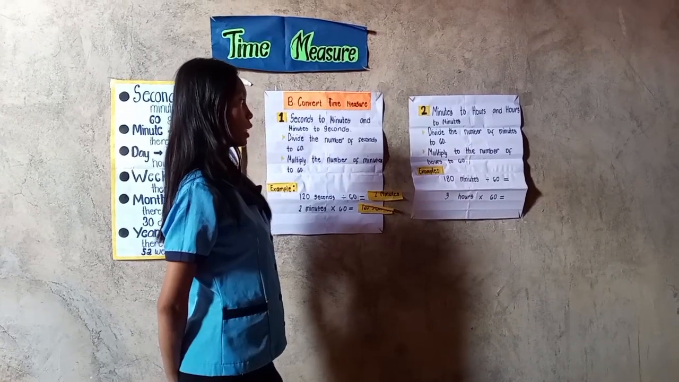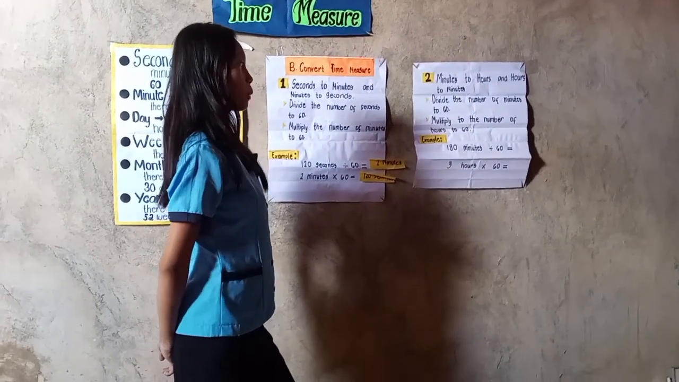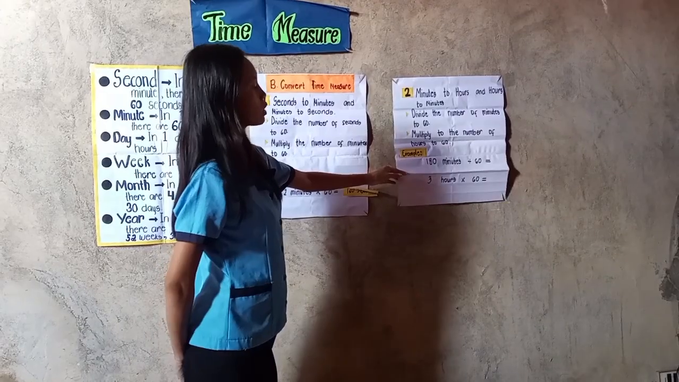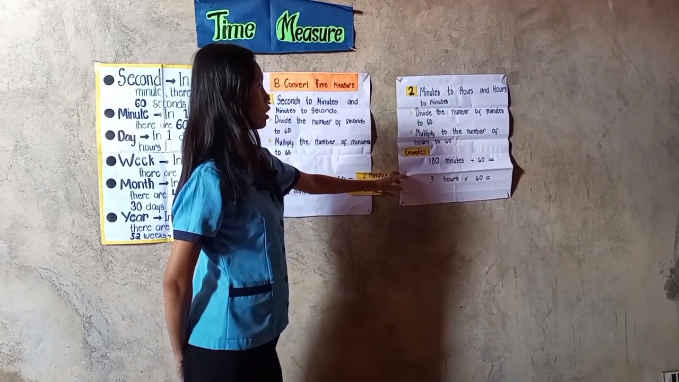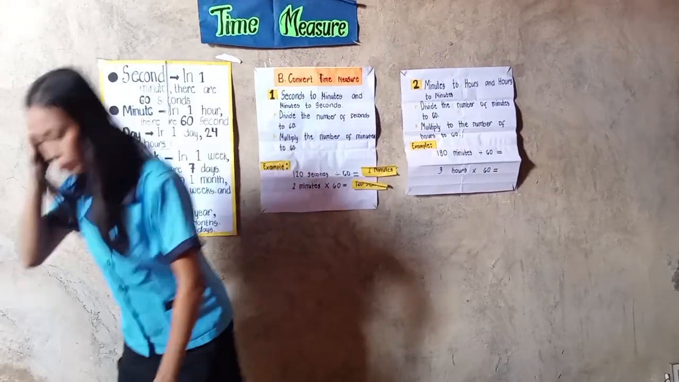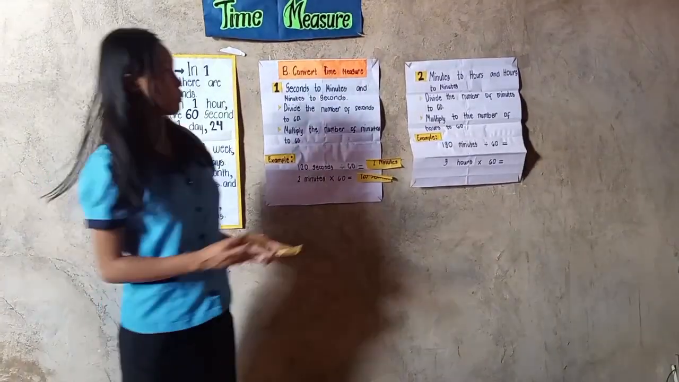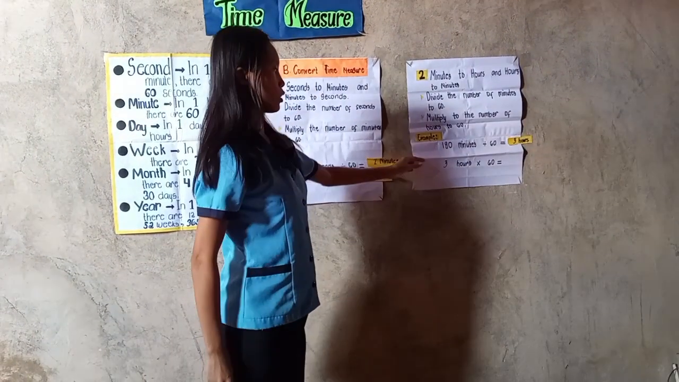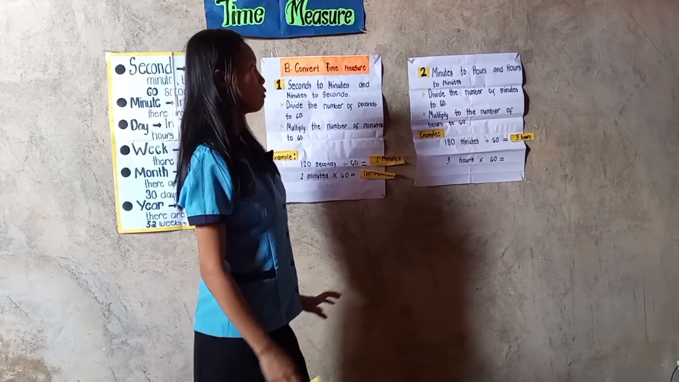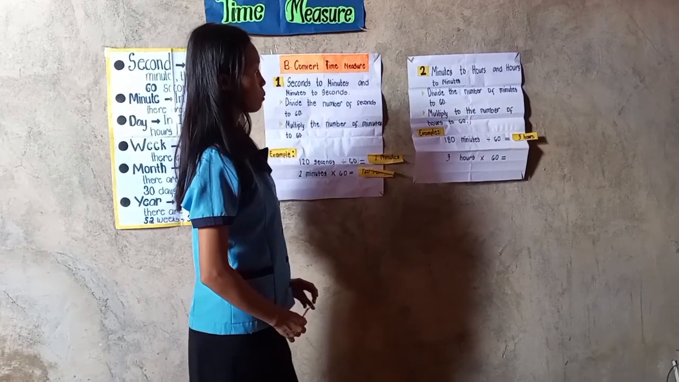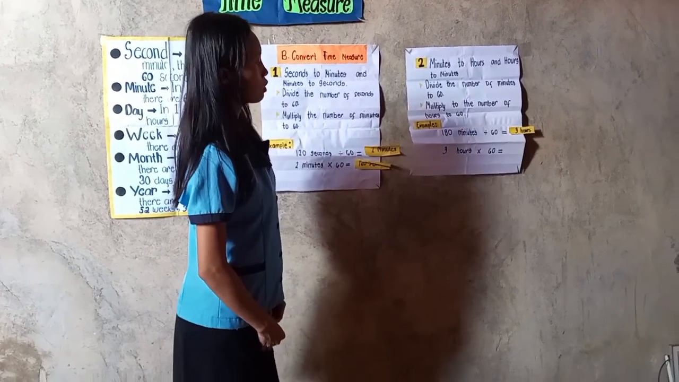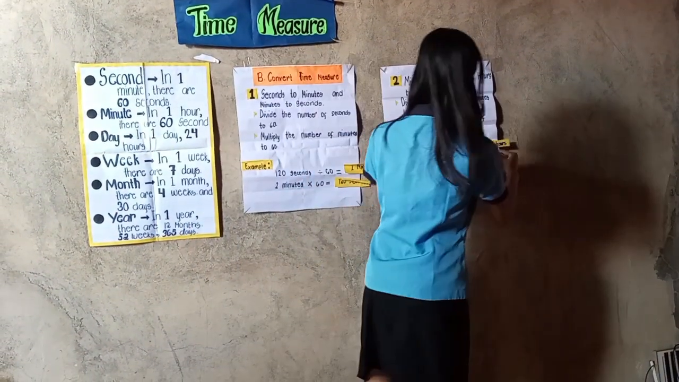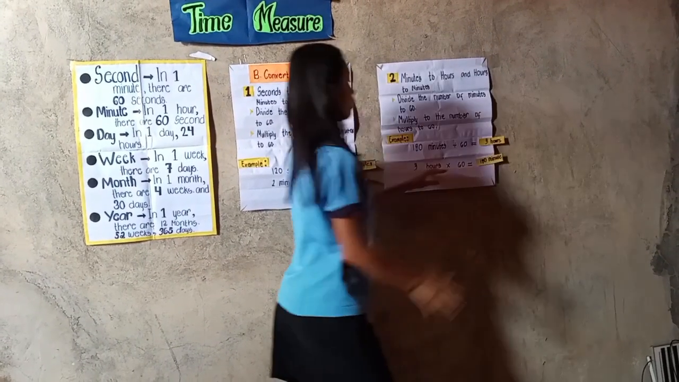Number 2, minutes to hours and hours to minutes. We divide the number of minutes by 60 and we multiply the number of hours by 60. For example, we have 180 minutes divided by 60 equals 3 hours, because we divide the 180 minutes by 60, and we multiply 3 hours times 60 and it equals 1